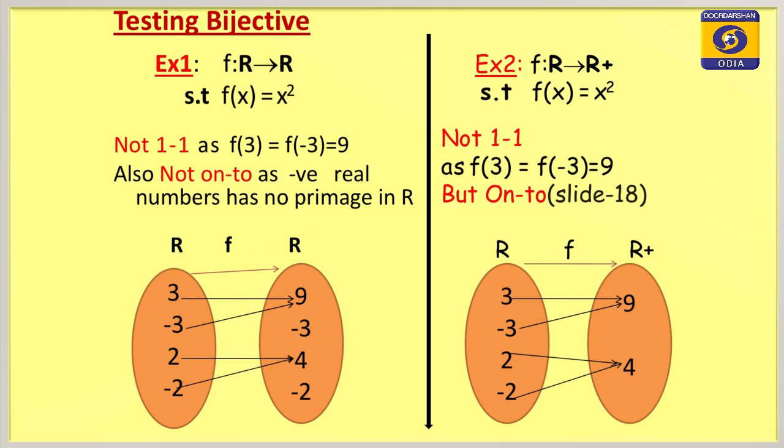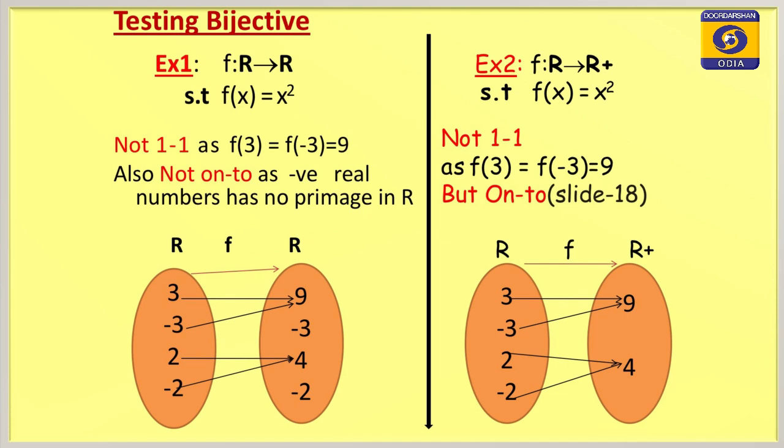Next, testing. We have discussed that a function can be of different types. It may be one-one, it may be many-one, it may be onto, it may be into, and two sets are equivalent when there is a bijective mapping between them. Next, we have to test functions for bijective, that is for one-one and onto. So, bijectivity of a function depends on three things. First of all, what is its domain, what is its codomain, and next, the formula of the function. So, depending on these three, the function can be bijective or not.